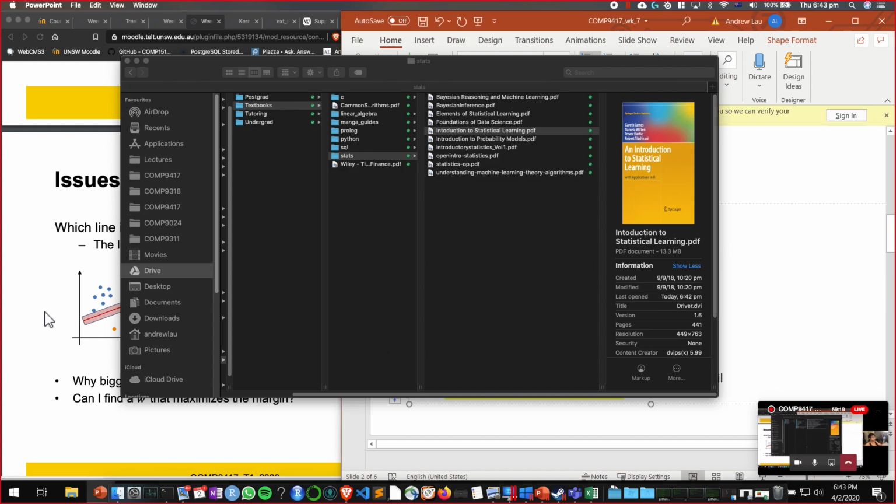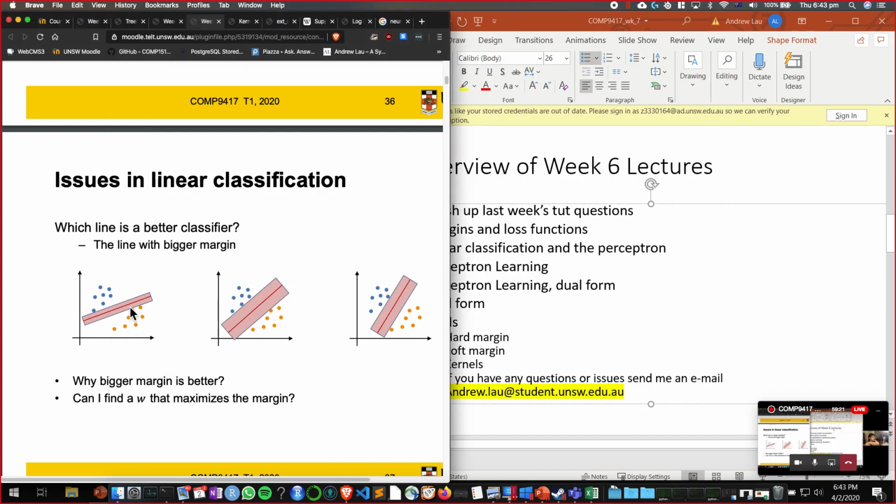Anyways, the reason I bring this up is the analogy they use: this is kind of like a road. Think of it as a street between two sets of houses, and the margin is how wide the road is. Here you've got a bunch of houses, you have this road in the middle, and the margin is from that red line out to the end. It's the width of the road. So what do we notice? The one that we thought was the best, the one in the middle, has the widest road,